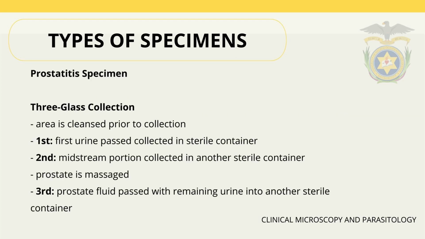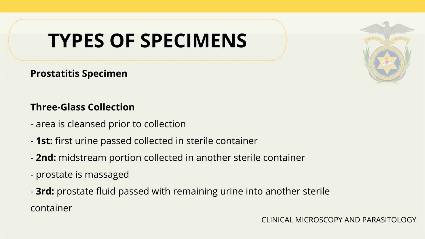For prostatic specimens, a 3-glass collection is performed. First, the area is cleansed prior to collection. And for the first tube or the first glass, the first urine passed is collected in a sterile container. And for the second, the midstream portion is collected in another sterile container. And after collecting that, the prostate is massaged. And once the prostate is massaged, for the third glass, prostate fluid will be passed with the remaining urine into